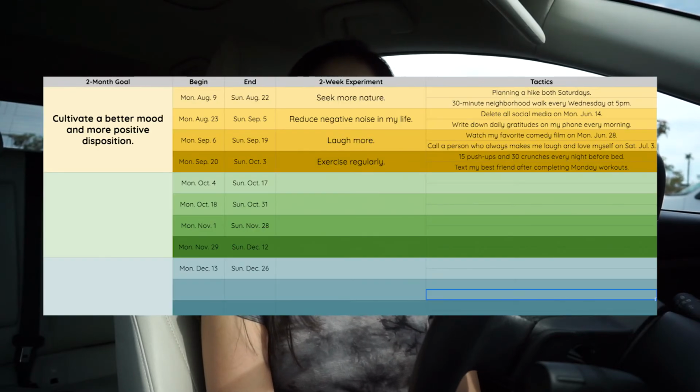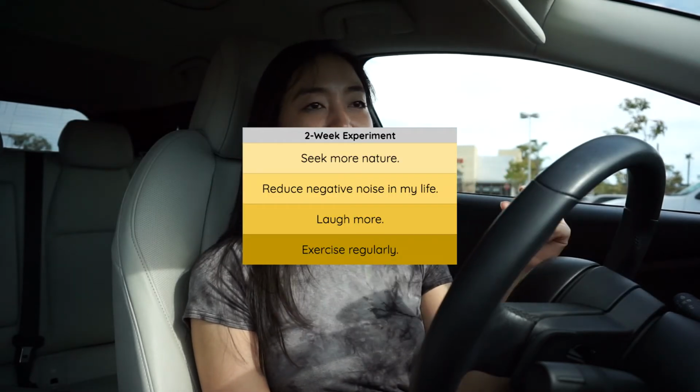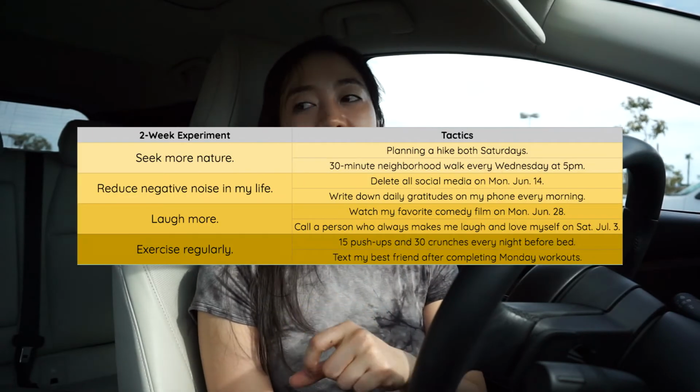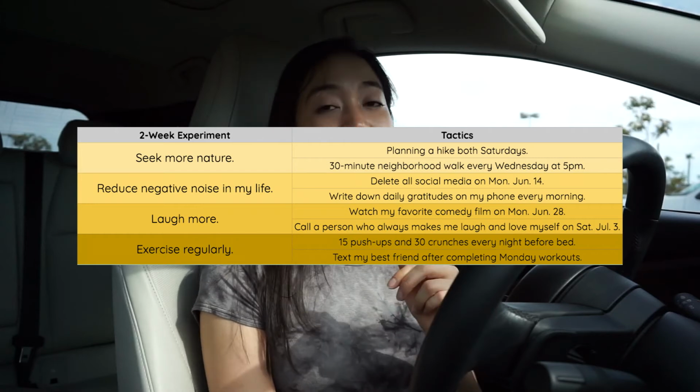So what you'll find on the Google Sheet is that not only do I break it down into 2 weeks, but then the 2 weeks can be broken down further. And when you break this down further, there's no limit to how many tactics you can apply to an experiment. So as I mentioned earlier, one of the experiments might be to go outside and take a walk every single day. Your tactics here would be: Day 1, rollerblade. Day 2, go on XYZ trail. Day 3, take a walk through the outdoor mall. On day 4, take a walk along the beach.